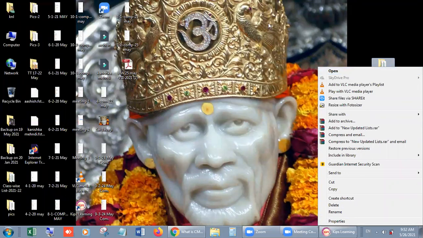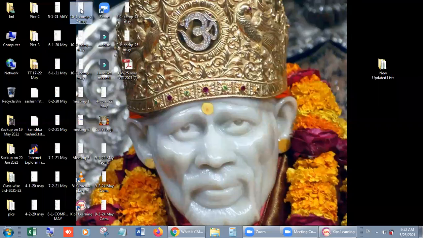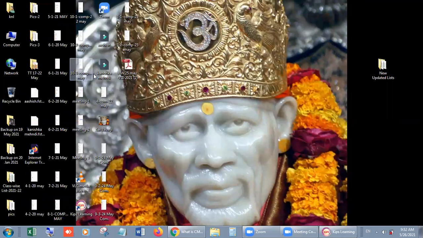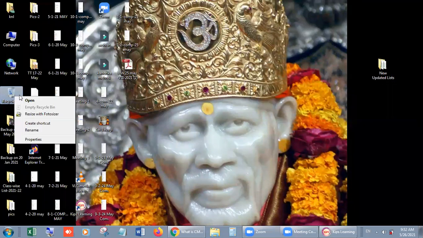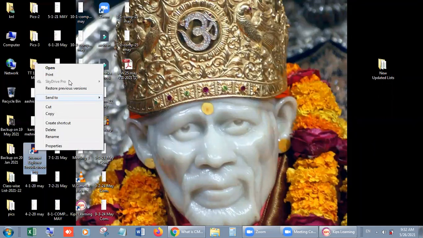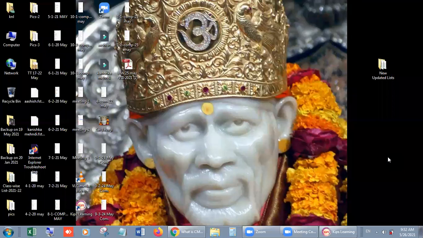And if I click on any icon or any picture, the commands again change. Just like it, the options will change, right? Means the shortcut menu will depend on the icon on which we are going to right click, right?